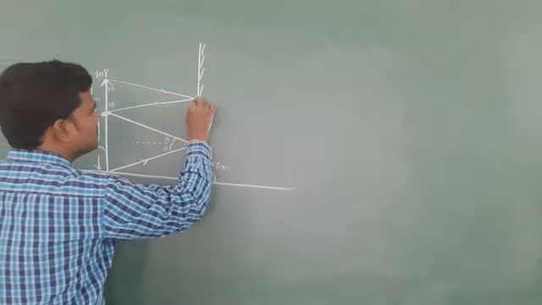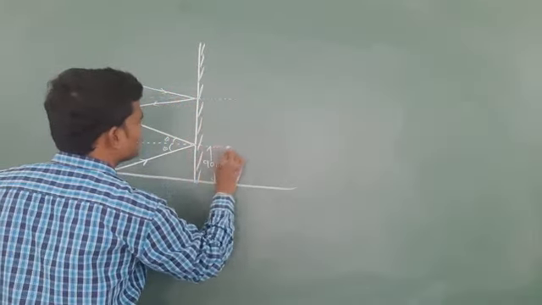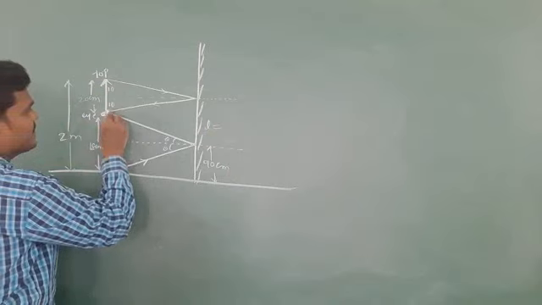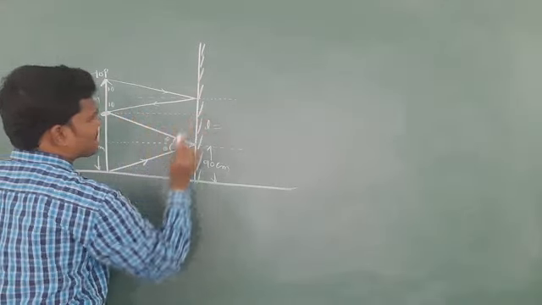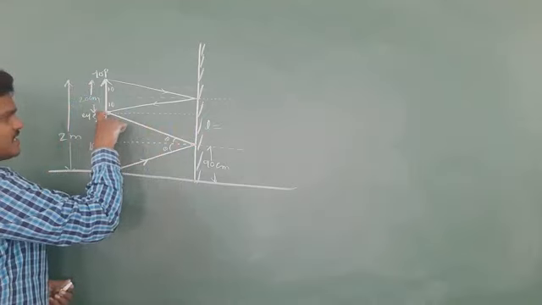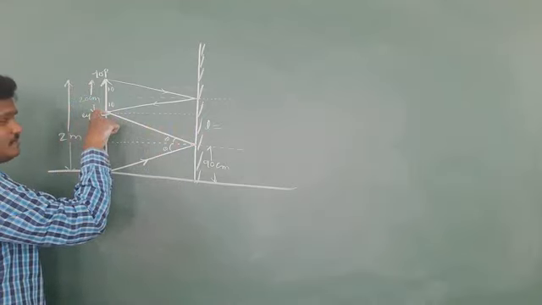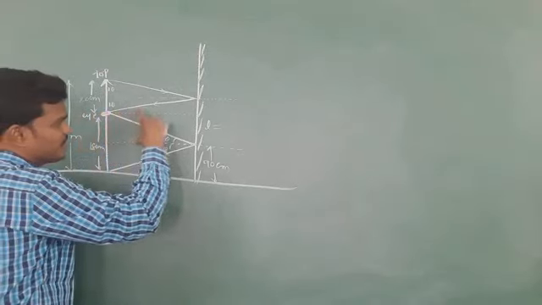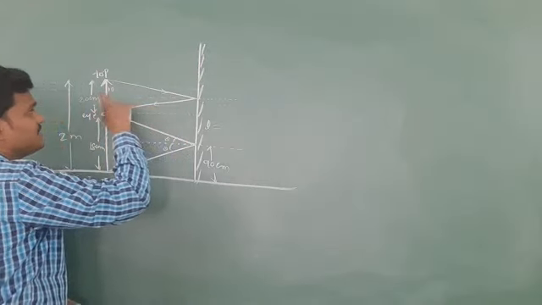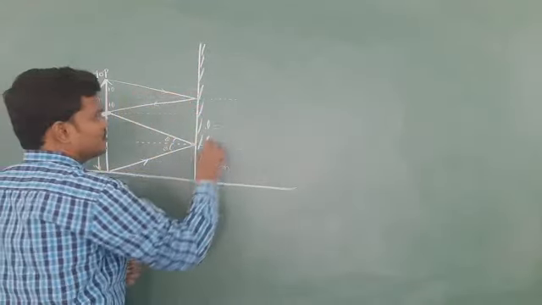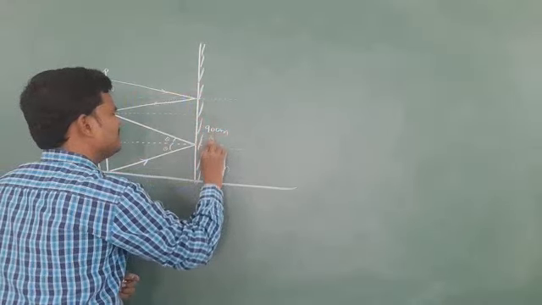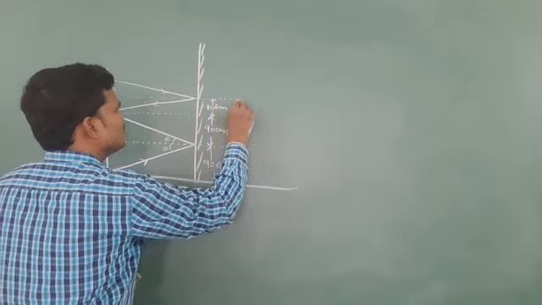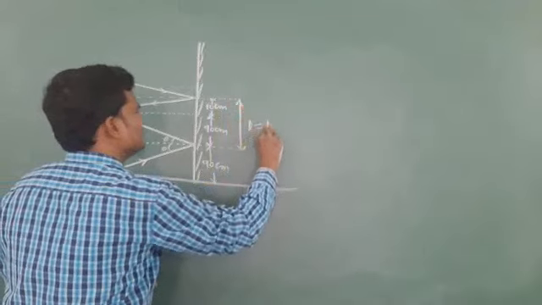So he is able to see only this part. This part of length is required. Tell me how much this part of length is. See, this left side is 90. Observe carefully; the diagram will play the main role. This is 90, this is 90. So extend it, up to here is 90. And see, this is 10, this is 10. So up to here is 90 centimeter, and next is 10 centimeter. Tell me how much the total length of the mirror is. 100 centimeter, nothing but 1 meter.